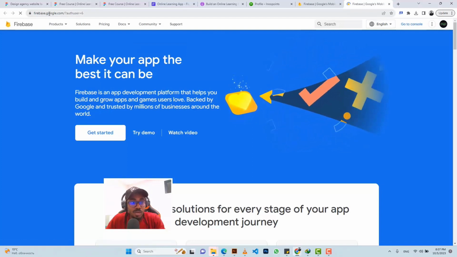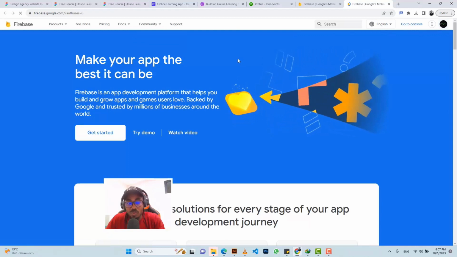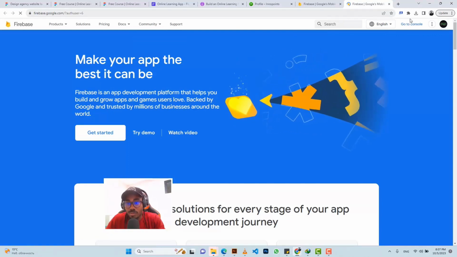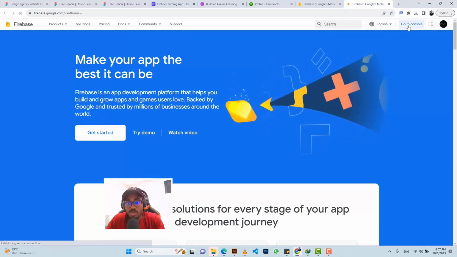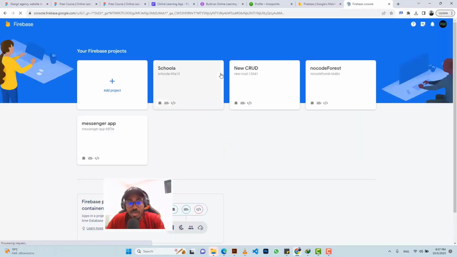So this is what you do: firebase.google.com. Then you select your email. It has to be a Gmail. It can work with Yahoo Mail, right? So you have to have a Gmail account. So I'll click on Go to Console, and then here it's going to show me the different projects that I have in